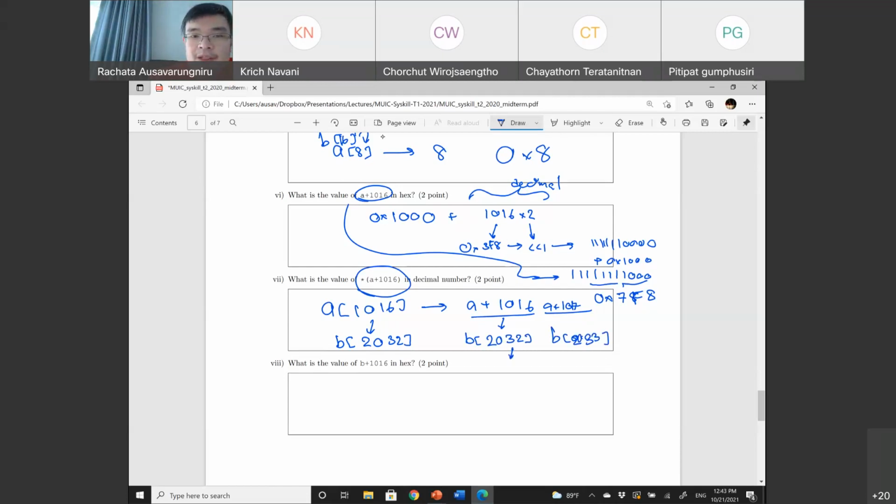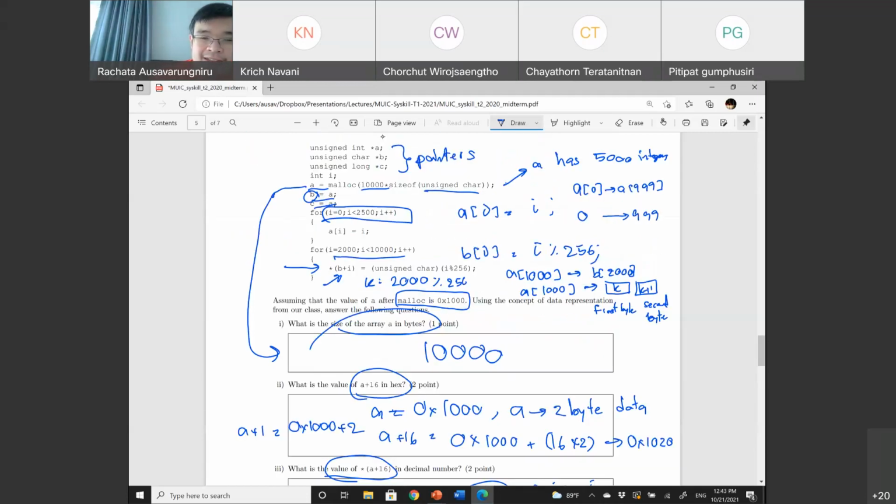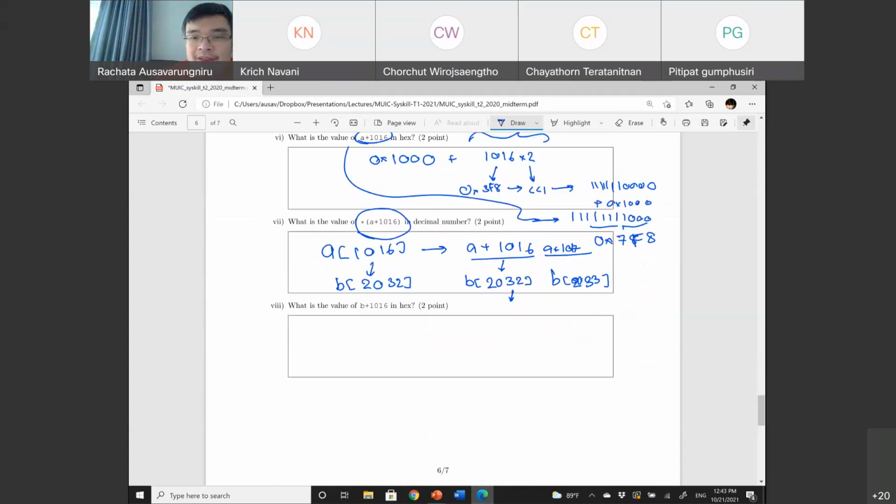This is going to be what? If you go back to the code, is that number modulo 256, right? So this is basically 2032 mod 256. This is 2033 mod 256. Then string this number together. So B 2033 goes first, followed by B of 2032. This would be your answer.